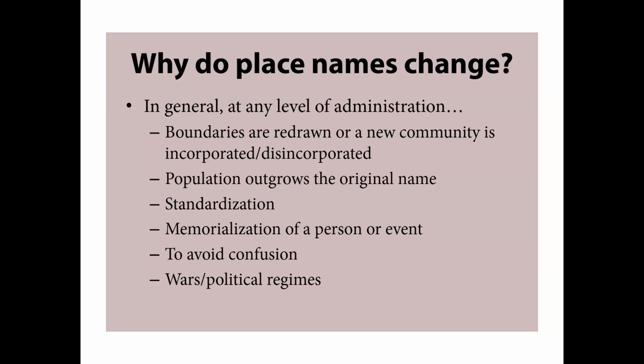Memorialization of a person or event. My hometown, that South Precinct of Dorchester, the original name for the region was Ponkapog. It was the second praying Indian village set up by John Eliot for the local Native Americans as a Christian praying town. But in 1701, Judge William Stoughton, Lieutenant Governor and former Chief Justice during the time of the Salem witchcraft trials, died. His father and he owned a lot of land in what is currently the Ponkapog area. So when the town incorporated in 1726, a quarter of a century later, they memorialized and gave the name after